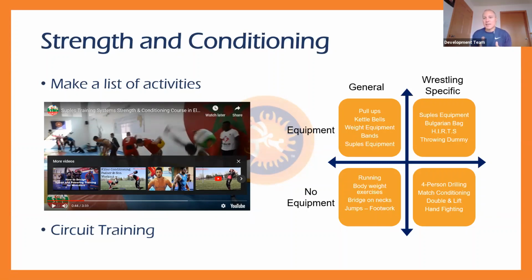Sometimes we set up and have like 7 stations, and we'll just rotate with a partner. Sometimes we do wrestling specific activities. Maybe we just wrap a double leg. We're not finishing the leg, we just wrap a double leg. Then maybe we're doing a follow drill on top or a face drill on top. So we're doing things that are conditioning, but they're wrestling specific, and it's almost like we're wrestling a match. We'll go 20 seconds on, 10 seconds off, and keep repeating and work our way through the stations. Other times we will do this as general training.